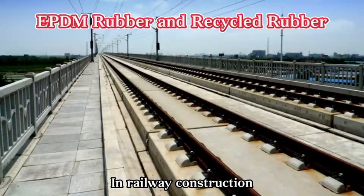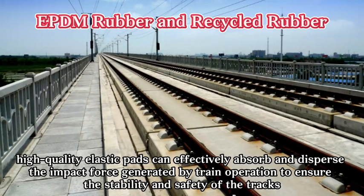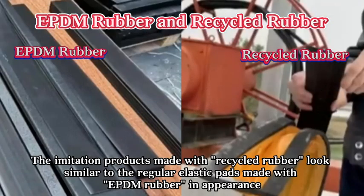In railway construction, high-quality elastic pads can effectively absorb and disperse the impact force generated by train operation to ensure the stability and safety of the tracks. The imitation products made with recycled rubber look similar to the regular elastic pads made with EPDM rubber in appearance,